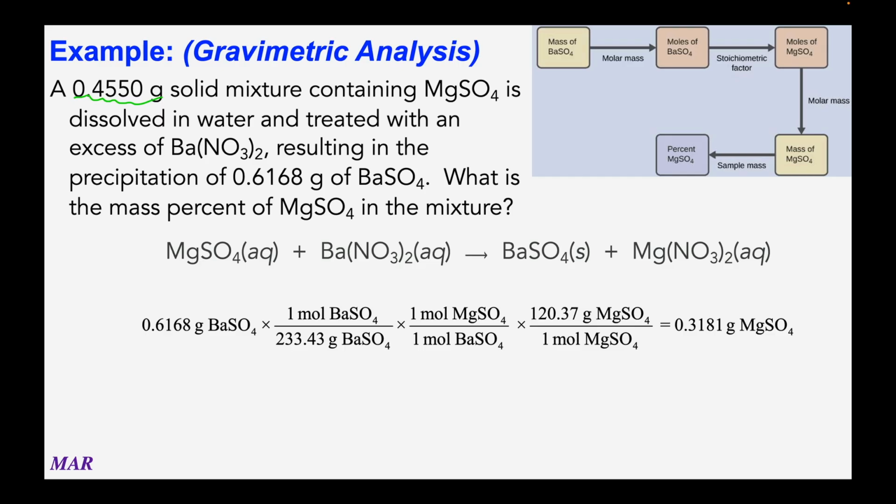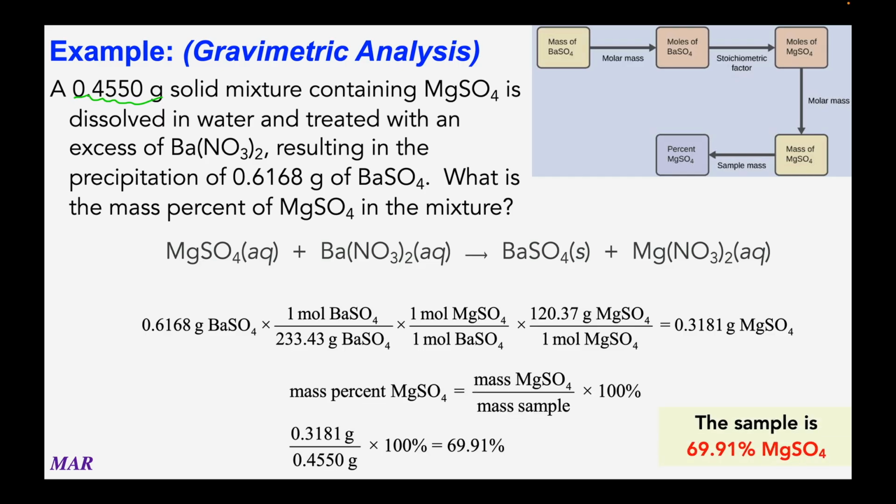So grams to moles, molar mass of barium sulfate 233.43. The reaction says 1 BaSO4 is collected for every 1 MgSO4 that was present, 1-to-1. We'll then multiply that by the molar mass of MgSO4, 120.37 grams per mole. There were 0.3181 grams of magnesium sulfate in our original mixture. But our original mixture was 0.4550 grams. So the mass percent will be the good stuff divided by the total times 100%, basically. 0.3181 divided by 0.4550 times 100,